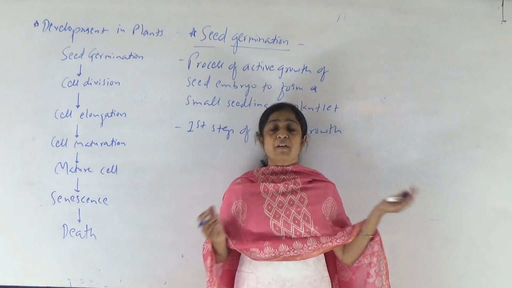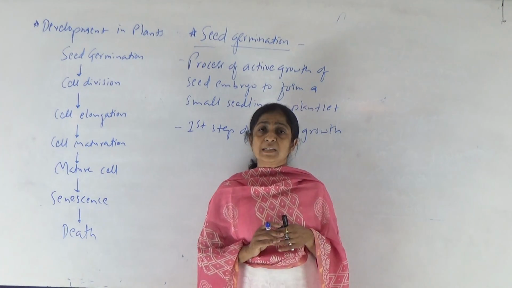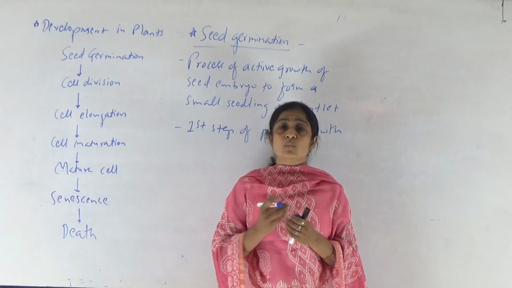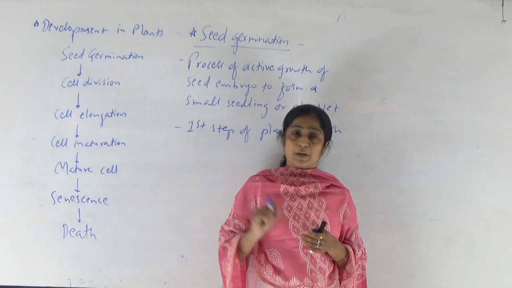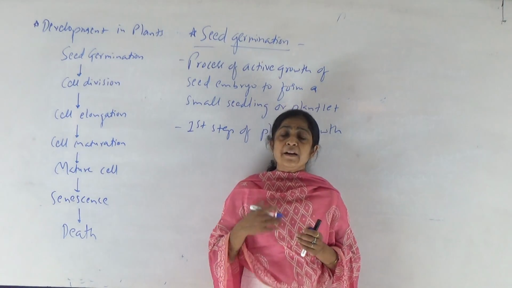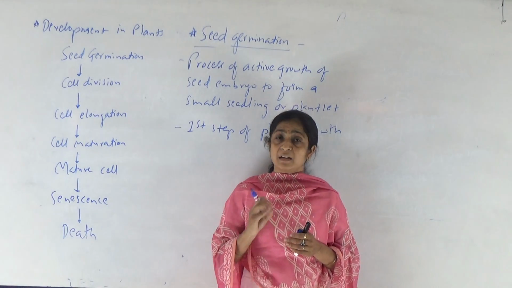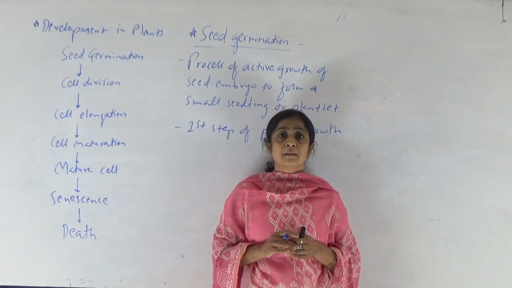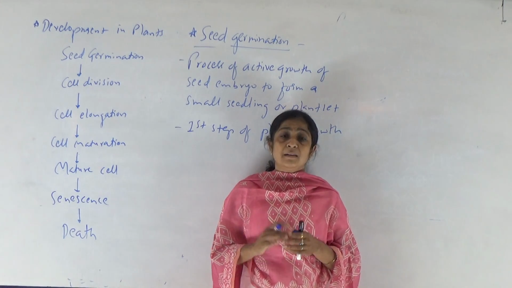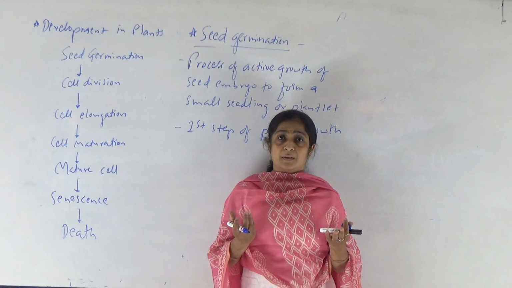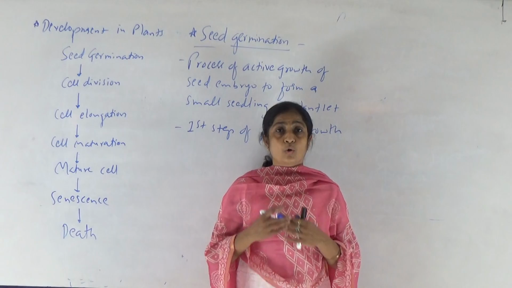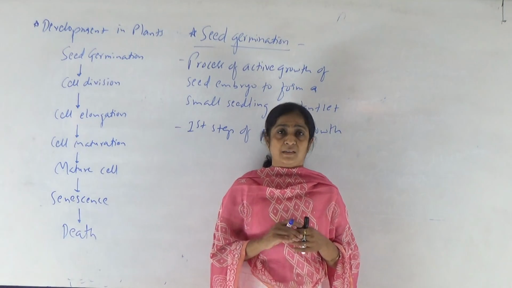If the conditions are favorable, if water is present in the soil, then water is absorbed by the seed. It means water enters into the seed through the micropyle as well as through the seed coat. This entry of water inside the seed activates the embryo cells, activates the enzymes present in these cells, and the cells start division. The first part of the embryo to undergo growth is the embryo axis.